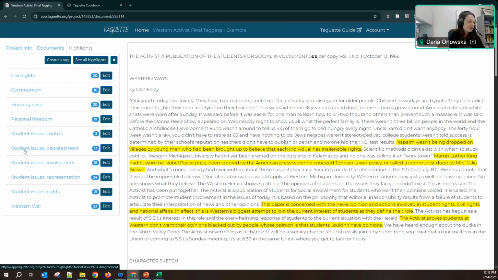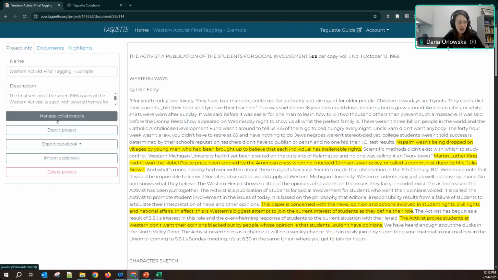How do I collaborate with others on the same document? You go into project info and you manage your collaborators, add your collaborator. Keep in mind, if both of you are coding within the same document, they will show up as if only one person is coding. So keep that in mind, especially if you want to compare codes across collaborators.